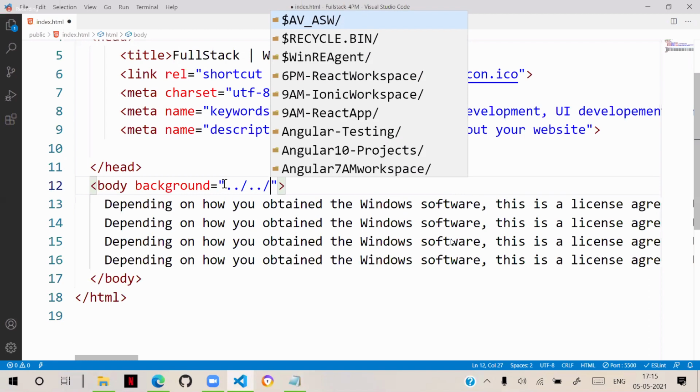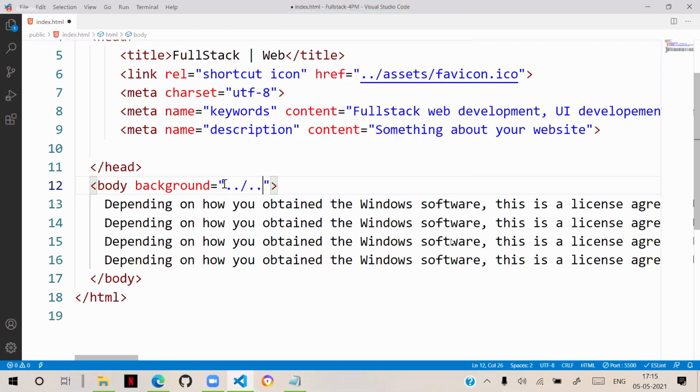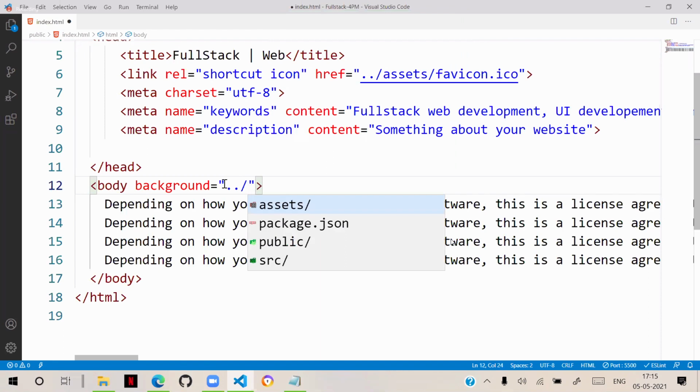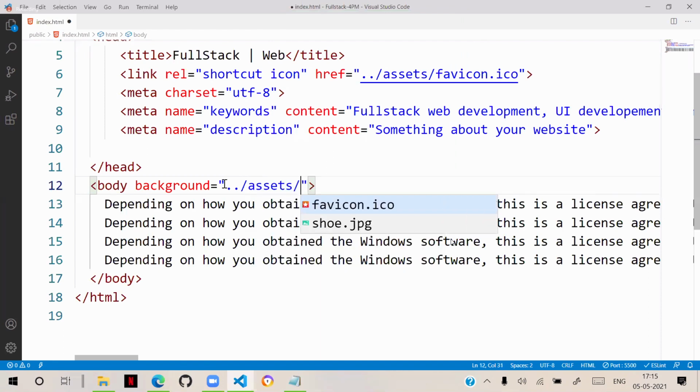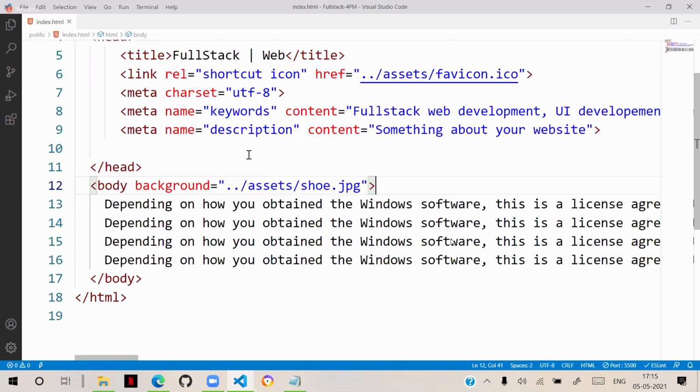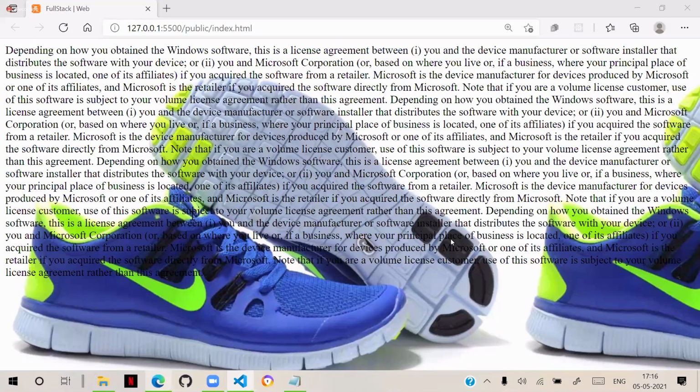You can go any number of levels back. Initially, only one level back. In that, we have assets. In assets, I have shoe.jpg. I'm applying that here. This is a virtual path. This is the right way of defining it. So you can see now it is working fine.